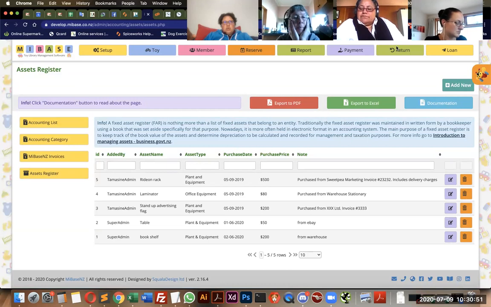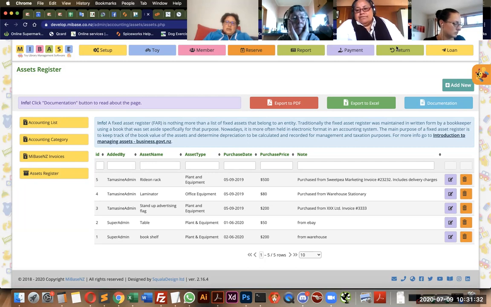So they use it to split the cost in different years. Okay, so what can a toy library buy that will go in your asset register? Printer, computer, phone, a rack, or a flag outside the toy library, table and chairs, bookshelf. So all furniture, pretty much, or electronic equipment. So everything related goes in your asset register.